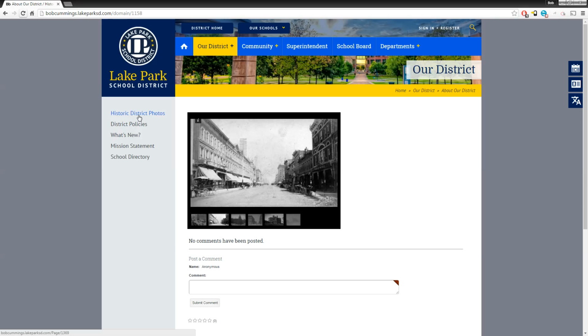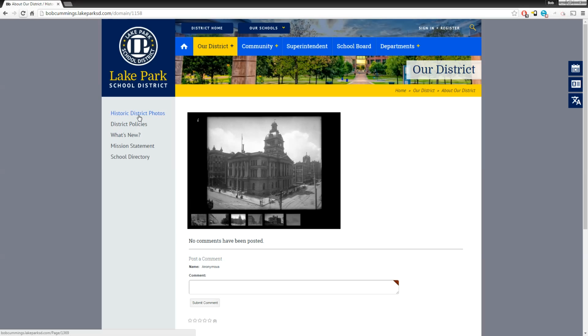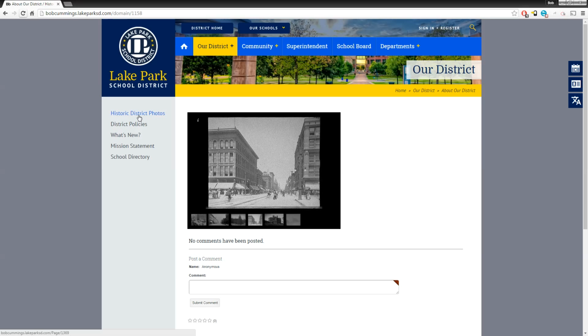So that's the basic orientation, and then each one of our pages has apps on top of it. So our system is a modular base. It provides a modular approach to web editing, and so each one of the pages has apps that make up that page. So what you're looking at here is there's a photo gallery on this page, so there's one app on this page. If I go back to the district home page,